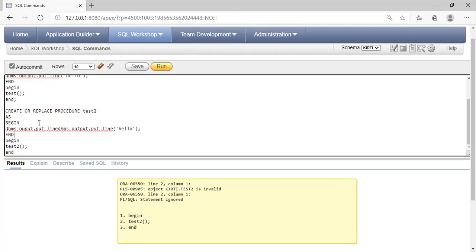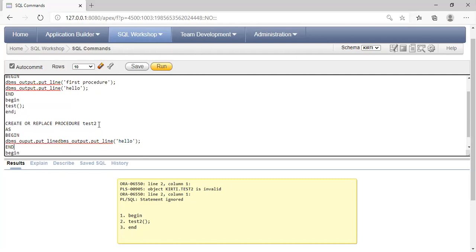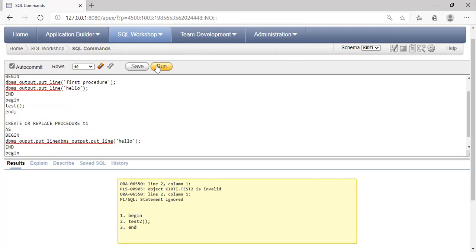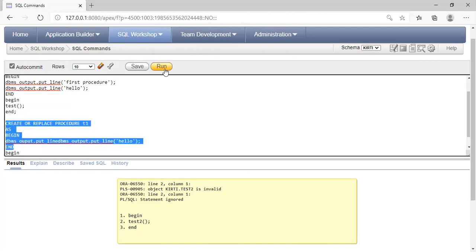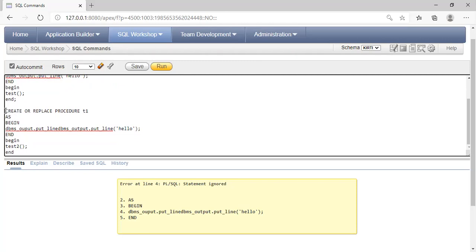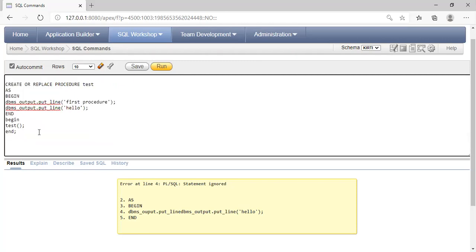Test2, suppose here P1. We will check what exactly happened. Let it be. Already we have created one procedure and we have called that procedure.